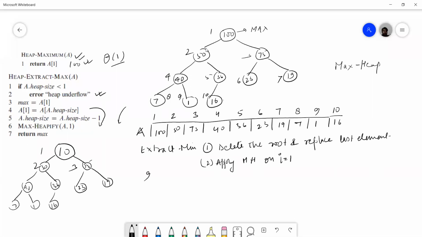So 1, 2, 3, 4, 5, 6, 7, 8. Let's assume this is 10. So now the heap size will decrease. So what will happen here? This array will now become like this.